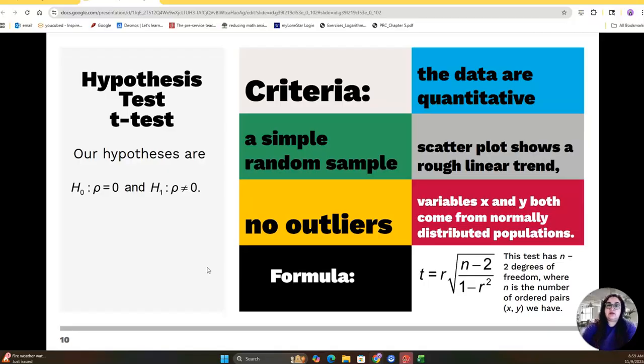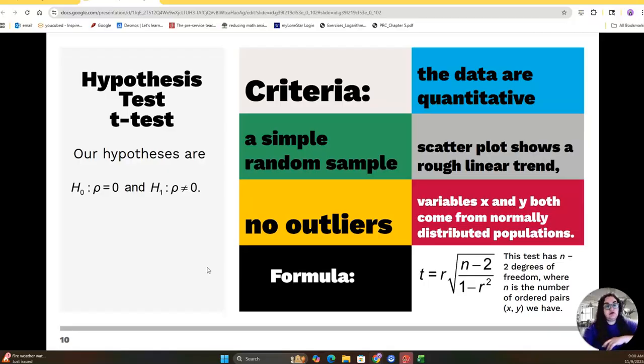There are no outliers, so no people fall way outside the data points. The variables x and y are both normally distributed. If those 5 criteria are met, then we can run a test to decide whether or not these two data